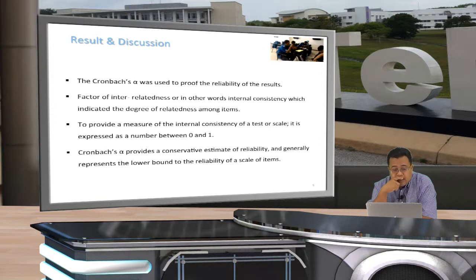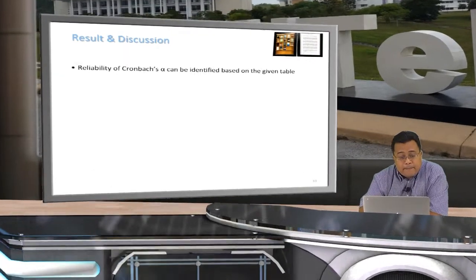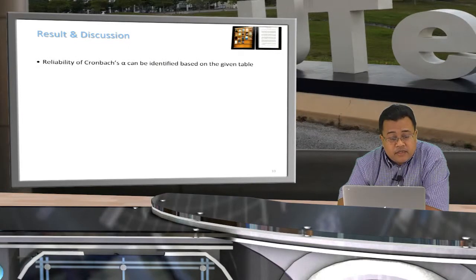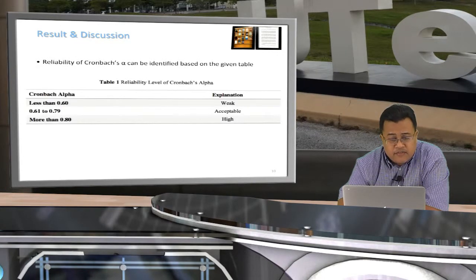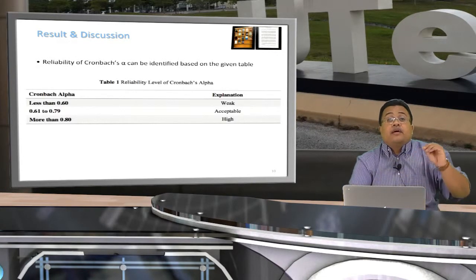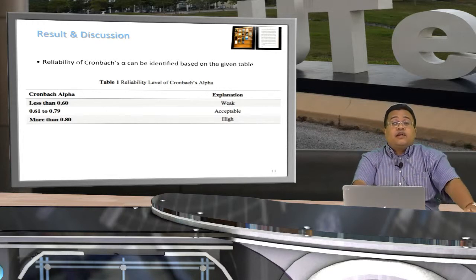It is among a value of 0 and 1. So Cronbach's Alpha will provide a conservative estimation of whether the study is reliable or not. And then generally it represents the lower bound of the reliability of the scale. So the result, if you can see here, related to Cronbach's Alpha is given inside the table. So from the table you can see, we divide like